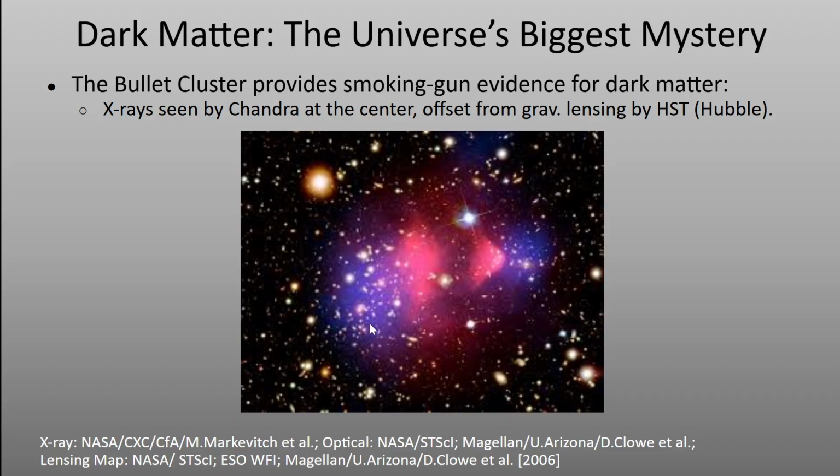Instead, the fact that the galaxies have continued unimpeded suggests that there is some additional collisionless component that has continued the journey along with the galaxies. And so this is canonically dark matter, although one of the places where this figure shows up most prominently, this Markovich paper, is related to so-called modified gravity theory. So there are some people working on non-standard theories to explain away dark matter, but